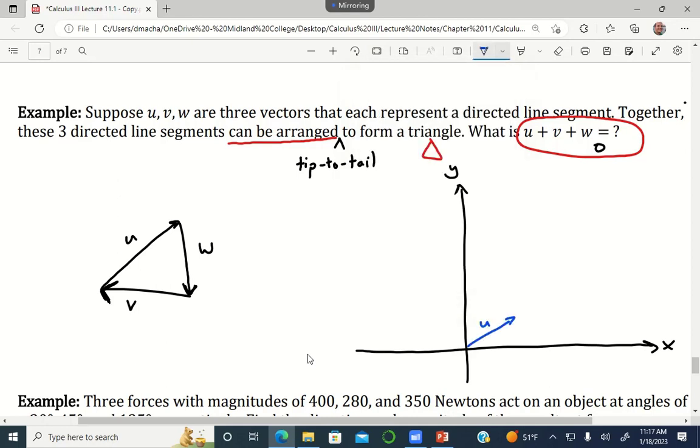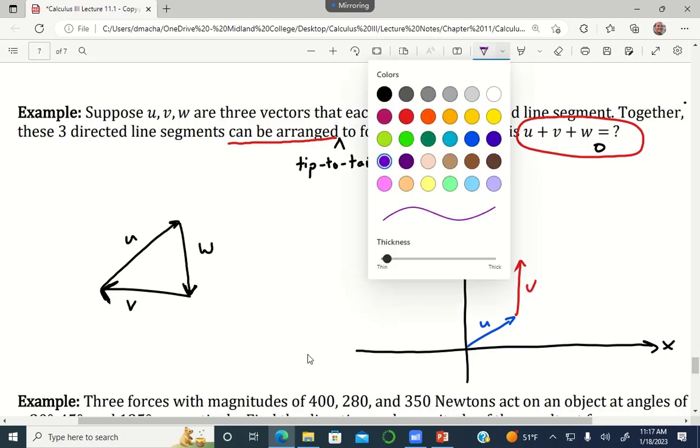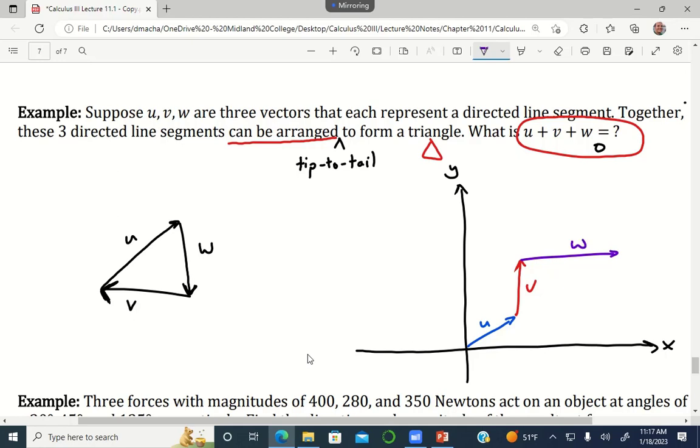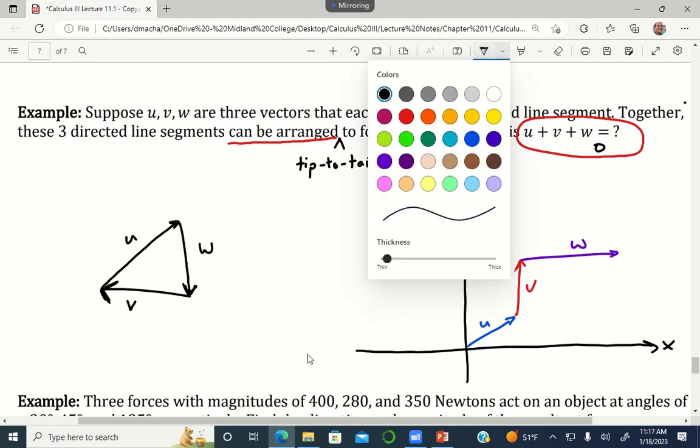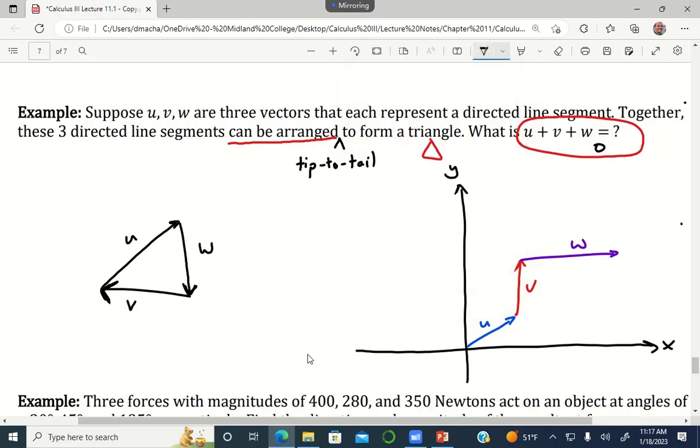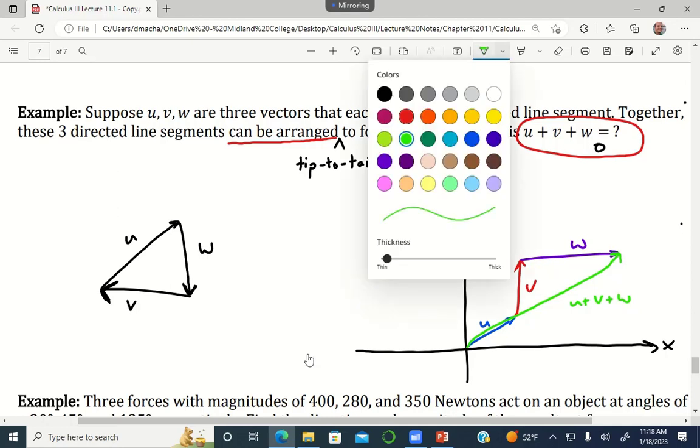If I just had any three vectors like u, and let's call this one v, and this one w, what it means to add these vectors together is that I place them all tip to tail, and then I draw a new vector from the origin all the way out to the tip of the last vector. So this green vector would be u plus v plus w. So whenever we arrange these three vectors tip to tail, and we say that it forms a triangle, meaning that it gets linked up again to where it started,